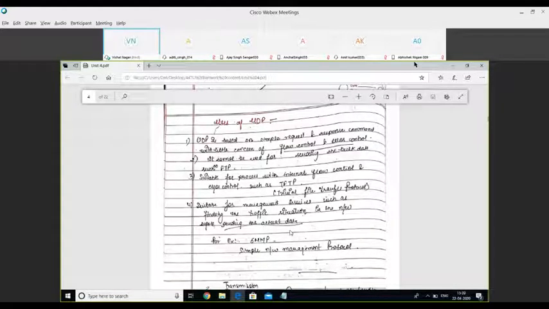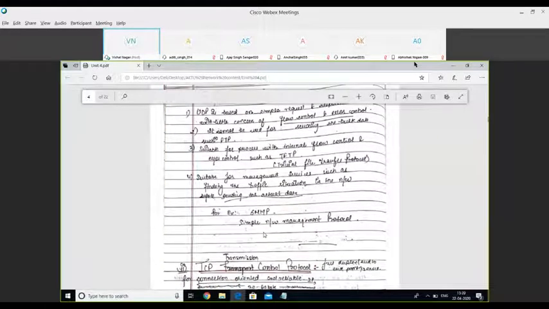And finally, it is suitable for management services. As I've told you, if you want to find out the current situation of the network, we can use this kind of protocol, the UDP protocol, just like SNMP. We have discussed SNMP; it was in Unit 5, and I hope that you have studied that in Unit 5.